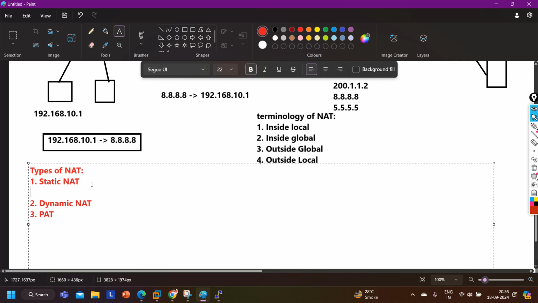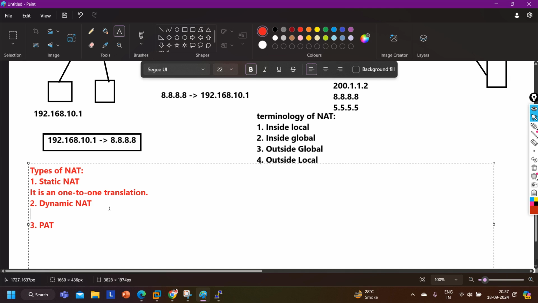Understand all one by one. First of all, static NAT is a one-to-one translation. Means one private IP address will be translated into one public IP address, or you can say one public IP address will be translated into one private IP address.